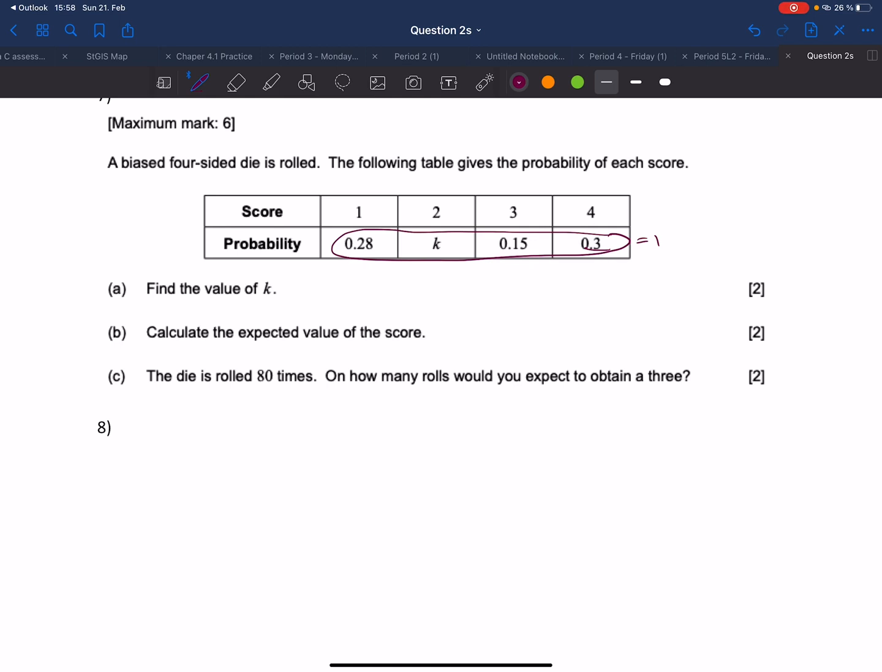So what I'm going to do is add together 0.28 and 0.15 and 0.3. And when I add those other ones together, I get 0.73. So I know 0.73 plus k is equal to 1. And then if I do 1 minus 0.73, that tells me that k is equal to